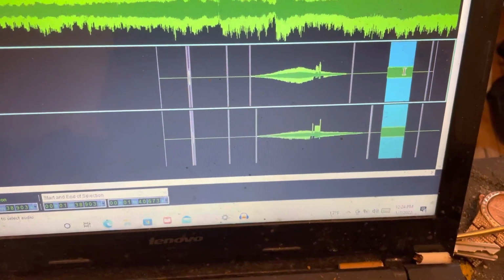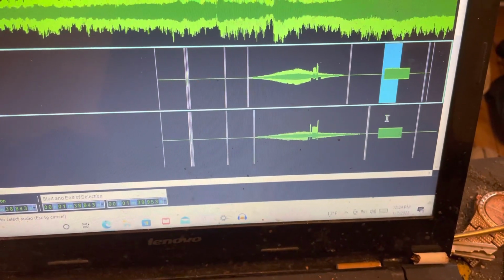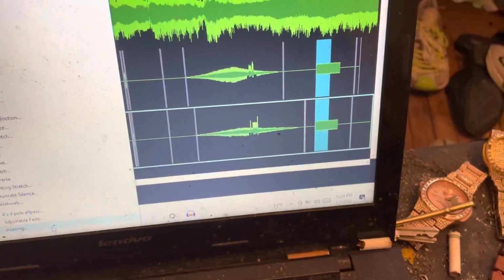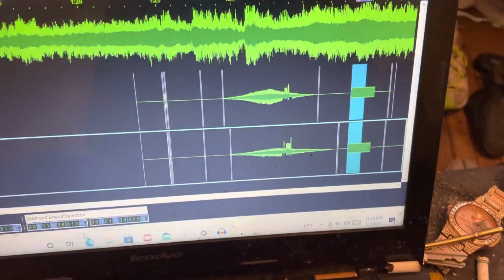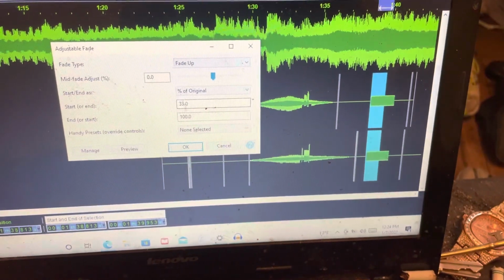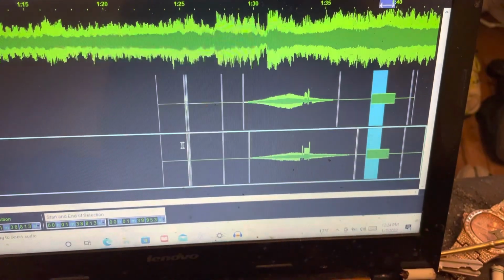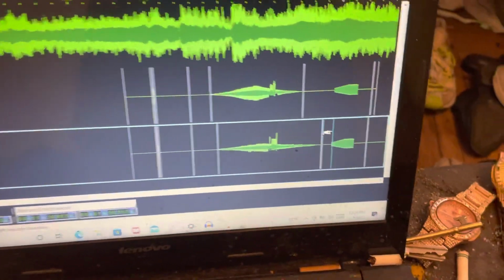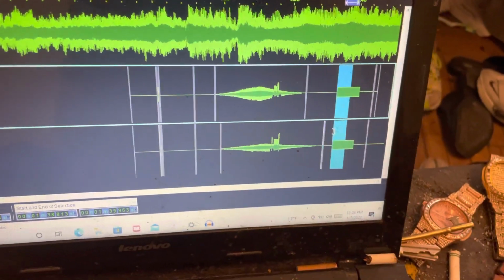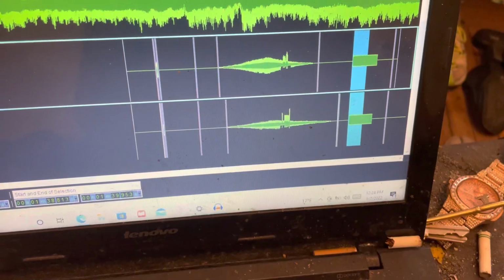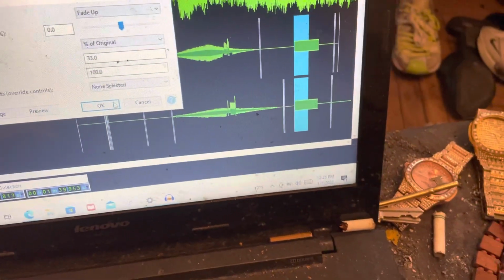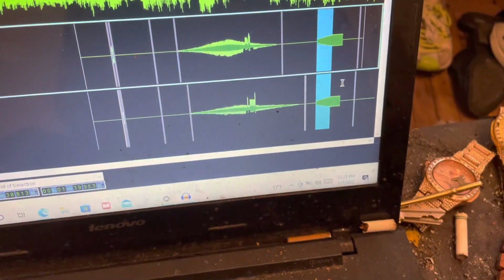And then instead of, say, a straight fade, you want to run an adjustable fade, so like 33 to 100. Hallelujah. And then, whoops, lost my spot. So here's a simple trick that you ought to use to avoid clipping. If you ever lose your spot, make sure you